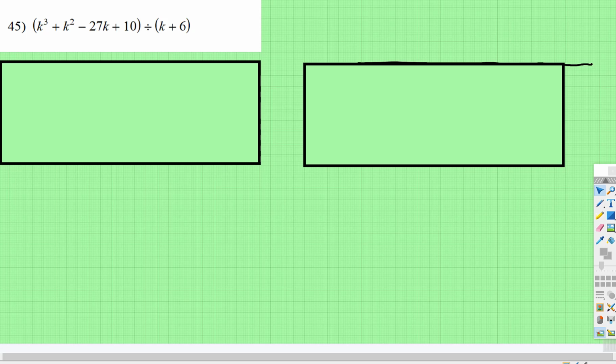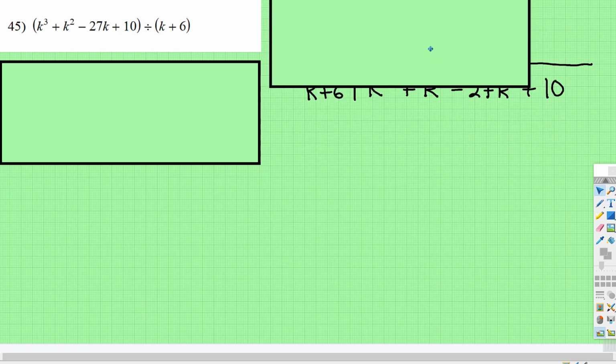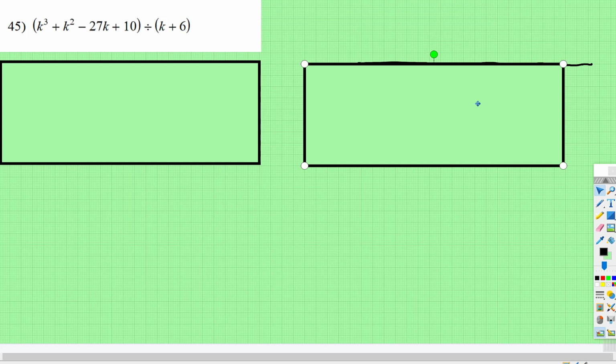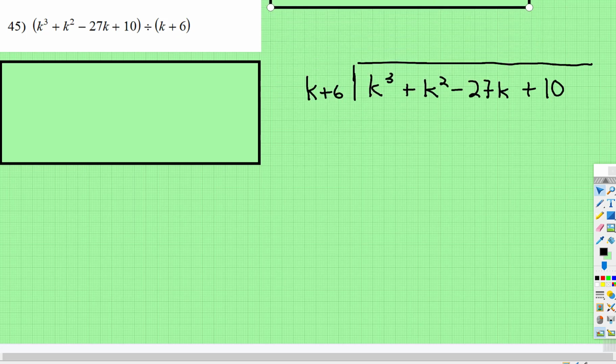Okay, in this video, I'm going to show two different ways to divide polynomials by a binomial, synthetic division and long division. And I'm going to start with the long division. So when you're solving things by long division, you set it up just like you would,